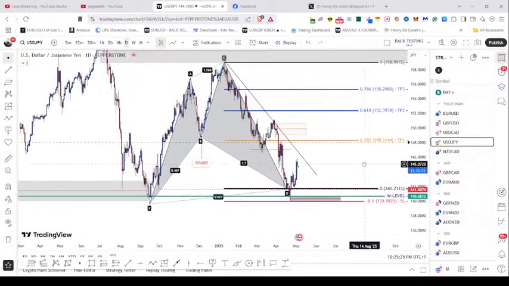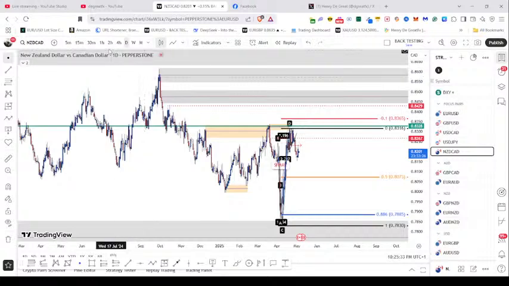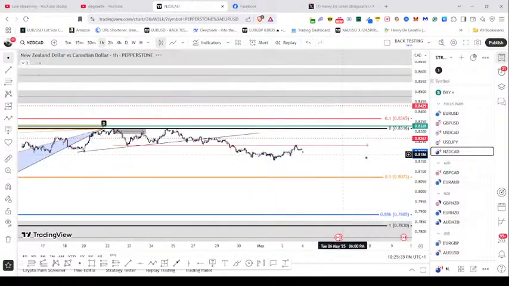Right now, everything looks great for this setup. Okay, so we don't have much to say right there. Now for NZD card,